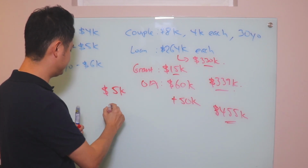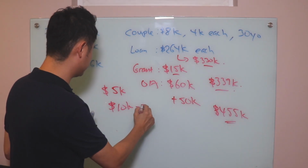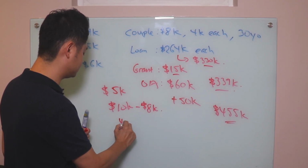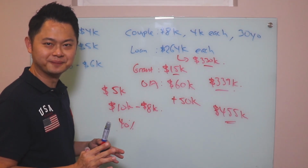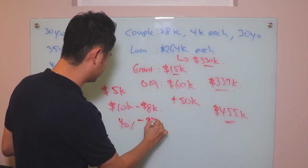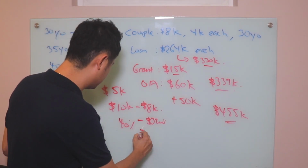And at a time, if you would make $10,000, after your deductions to the CPF, they will get back $8,000. And I'll expect them to be able to save 40% of their income. Okay, and this will then translate to be about $3,200 a month. And for the next 5 years, it will be equal to